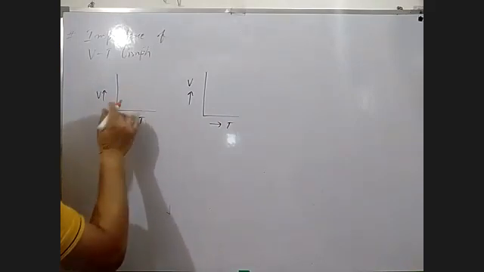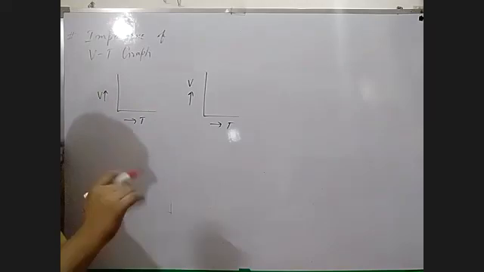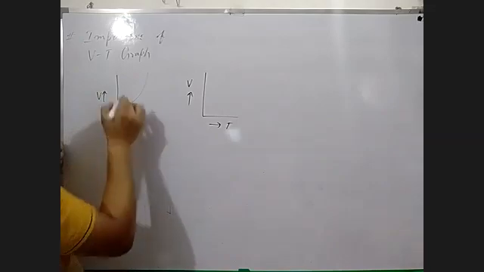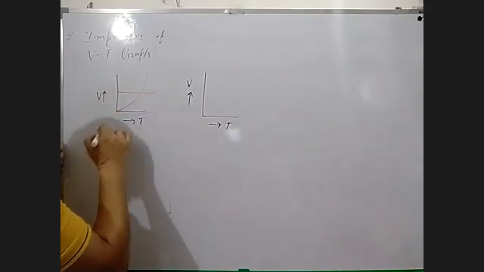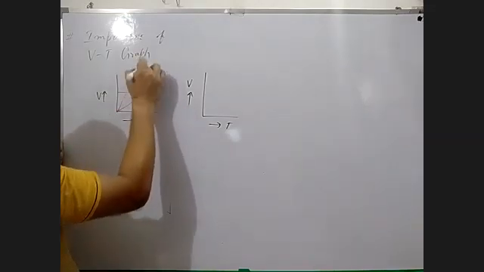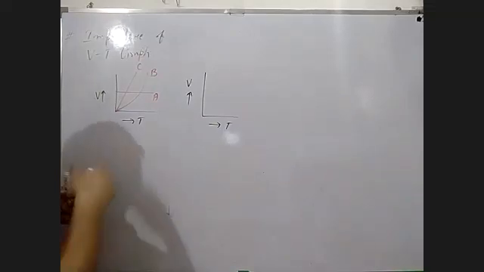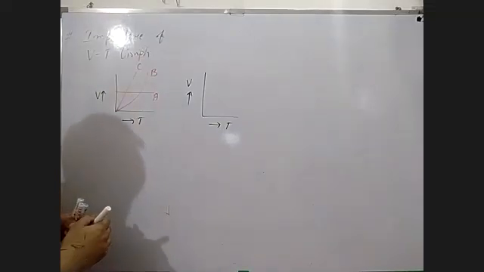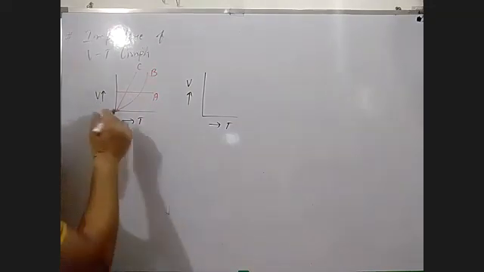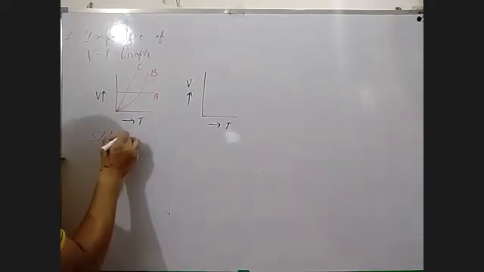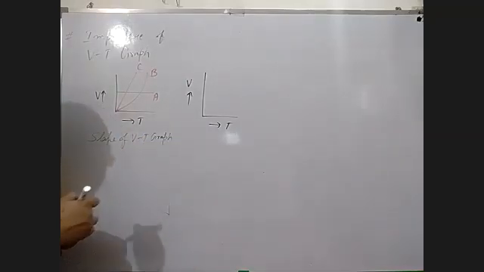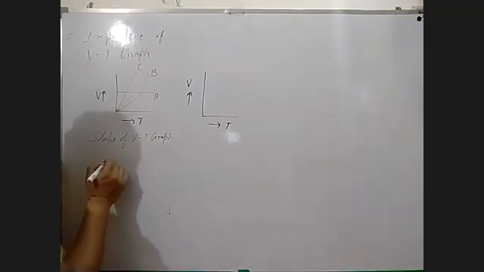Suppose you know how many types of velocity time graph you have, like this, or a straight inclined line, in this way, A, B, C. You can take these types of graph in actual practice. And one thing more, what is the slope of a VT graph? Slope of a VT graph is what? Acceleration.